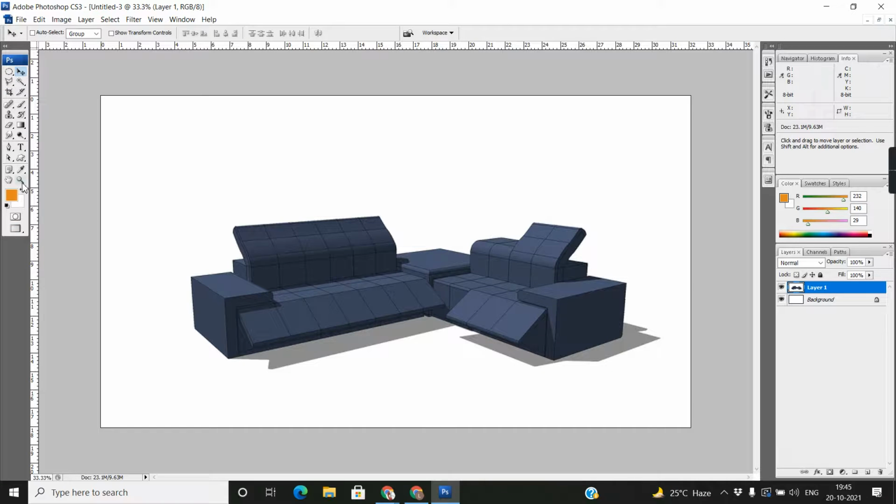Look, there are two colors, foreground and background color. If you want to fill the foreground color, not on the same layer. Always, whatever you work on, just remember to create a new layer. If you paste something, it automatically goes into a new layer.